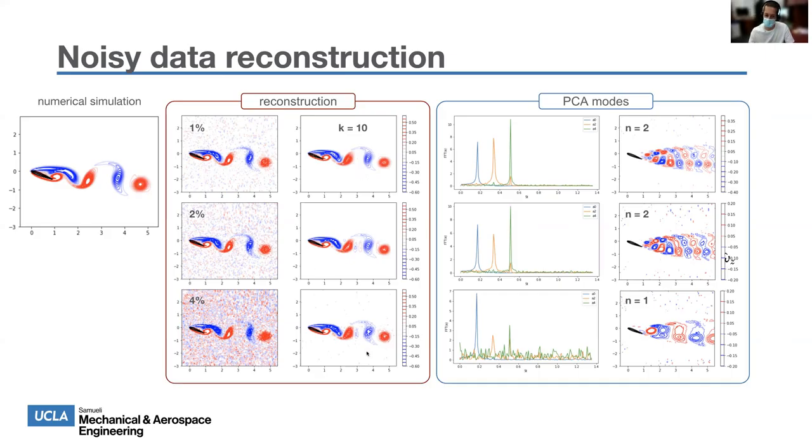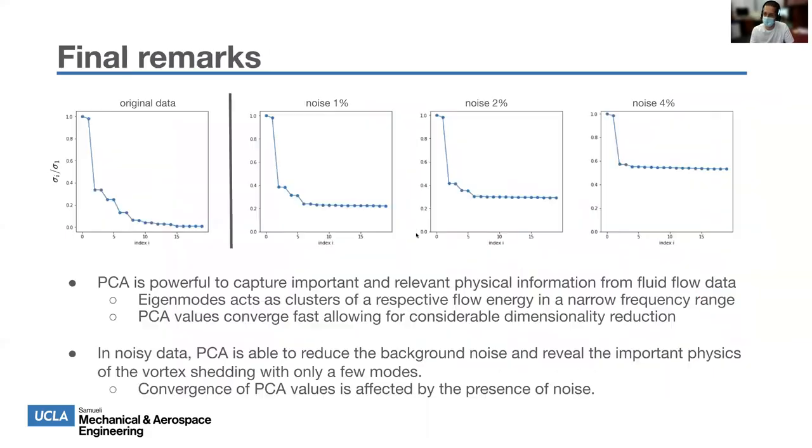And even if we have a very large amount of noise here, and we still see some things polluting the flow field, we can see that we can denoise the flow field very well. But we know that the PCA modes will be corrupted by this noise, right? They capture a little bit of this noise in them, but they still capture the very important dynamics that we see. So what we see is that PCA can be used in a very nice way